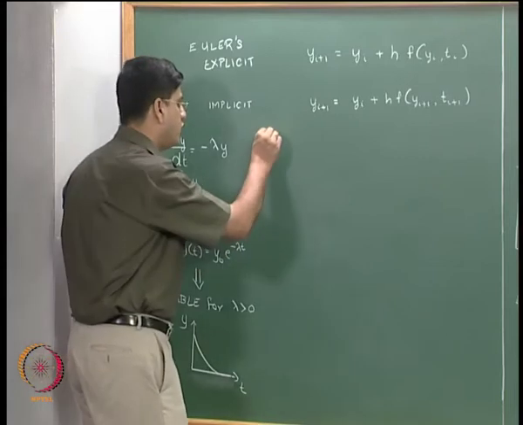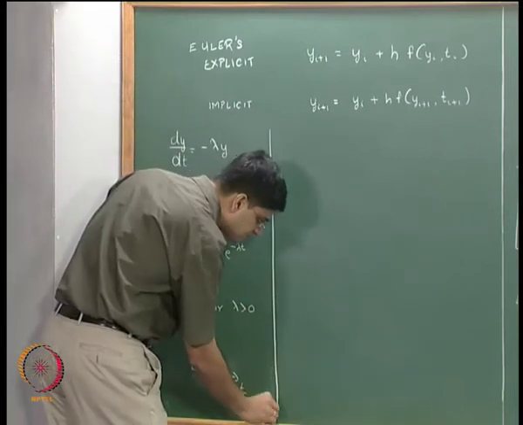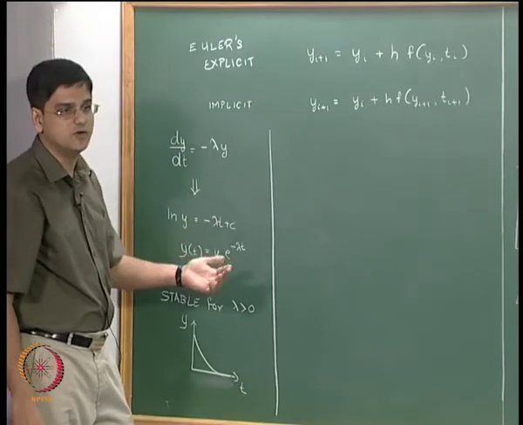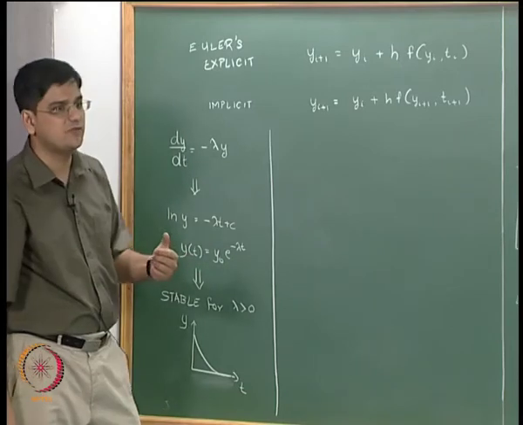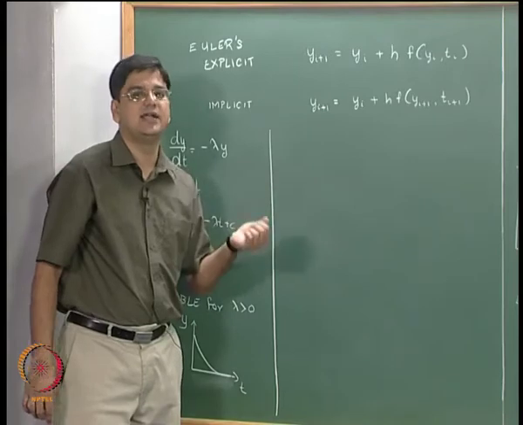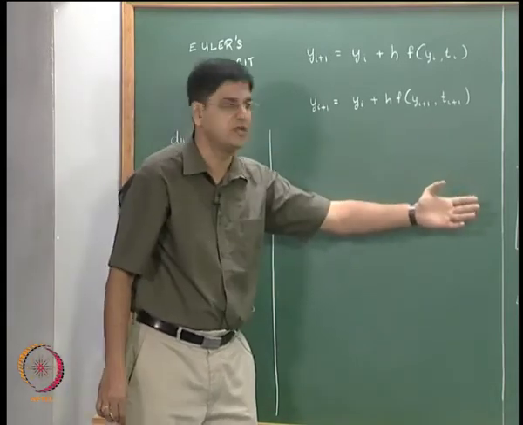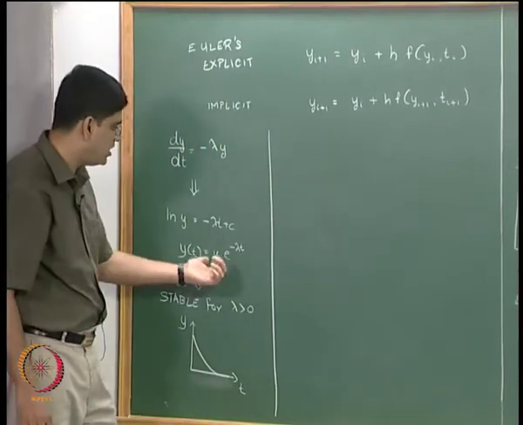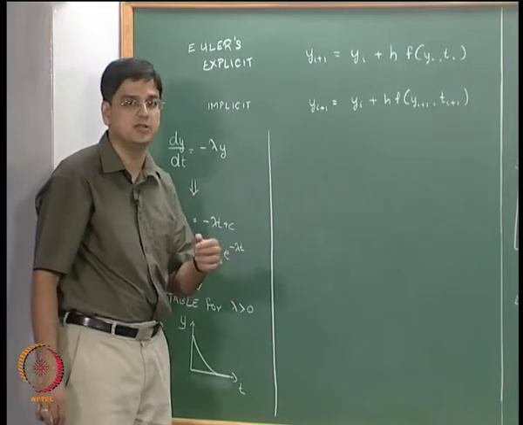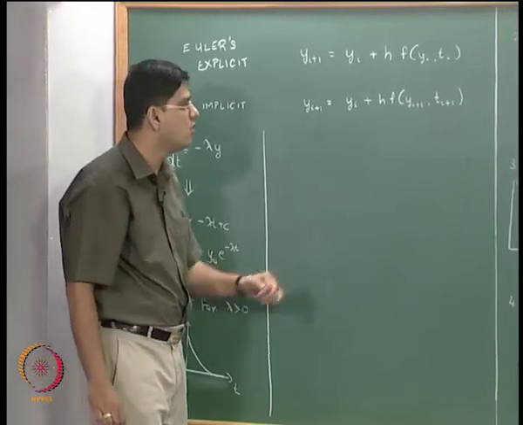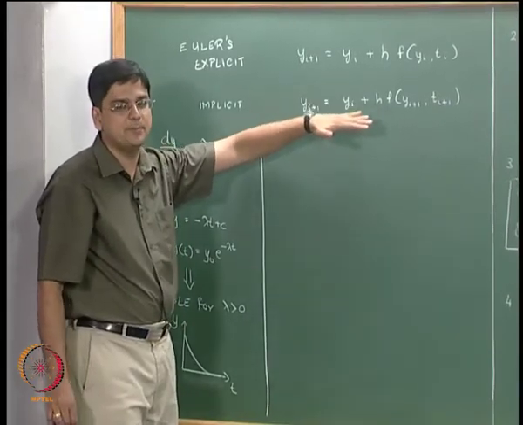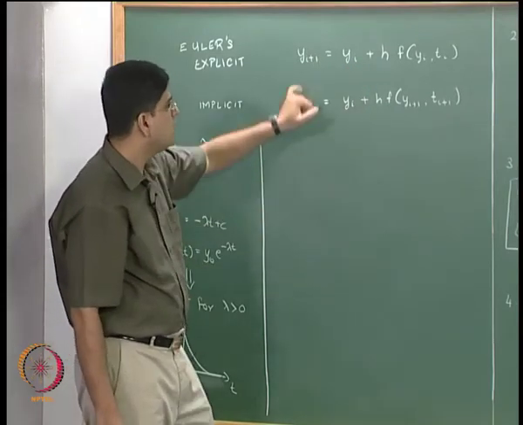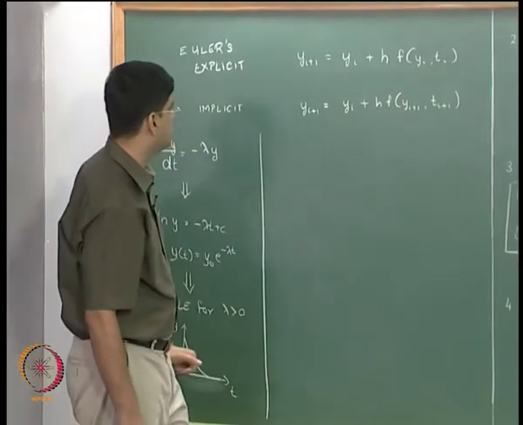Now what we want from our numerical method is, first, that the numerical method of our choice should converge to a value. What that means is that as i tends to infinity, or as t tends to infinity, y should converge to a finite value. This is of course true only if the original analytical equation is stable. We are just considering those cases for now. So we want the value of yi to be equal to a finite value as i tends to infinity. Okay, so let us look at the explicit method first.